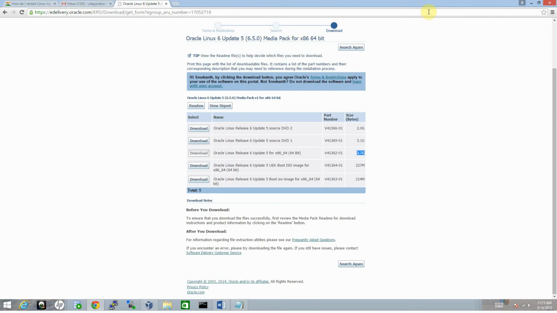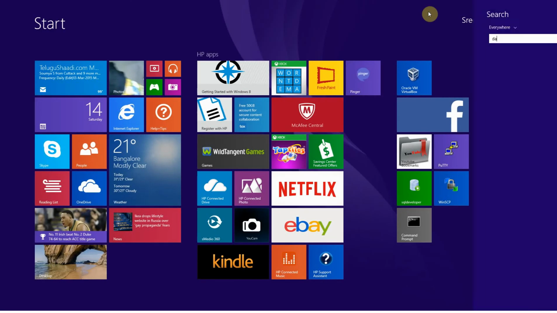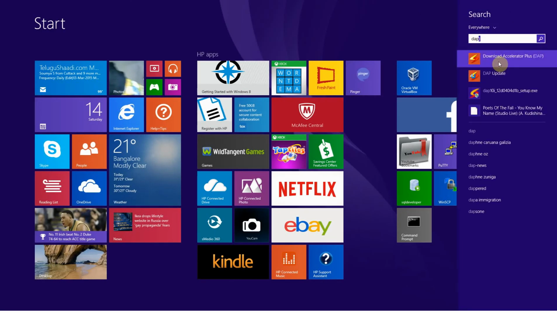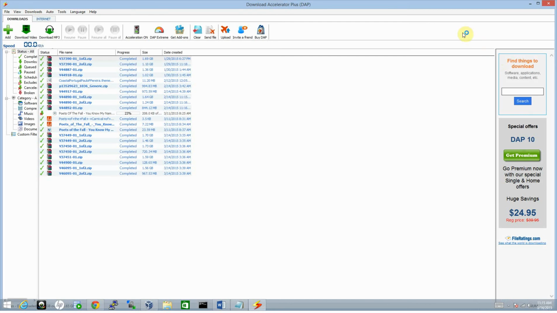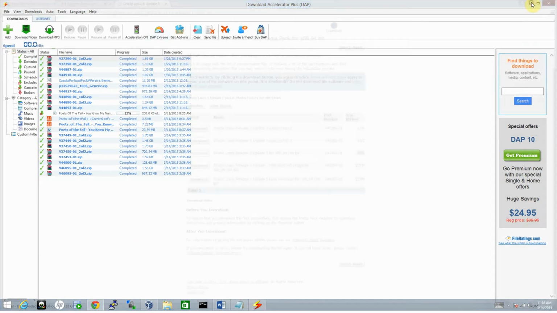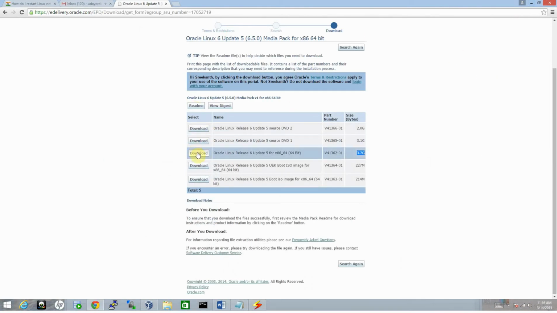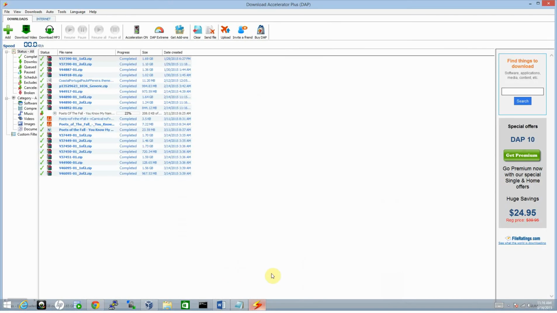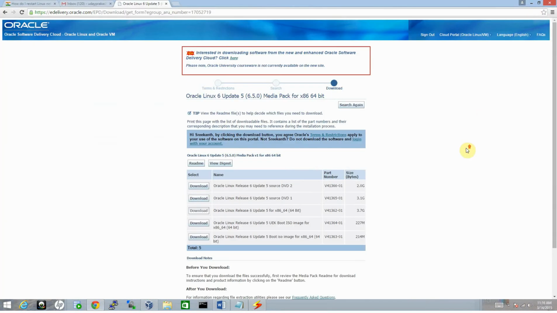Okay, so you can download accelerator plus from the internet, and once you install it and then click on download, this download will actually happen through the DAP screen. Okay, so make use of this DAP in order to withstand any surprises in between downloading. Fine. So that was about downloading the Oracle Linux,